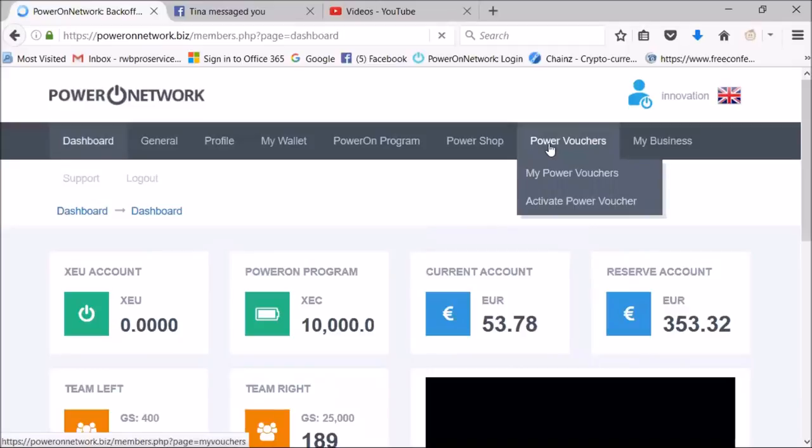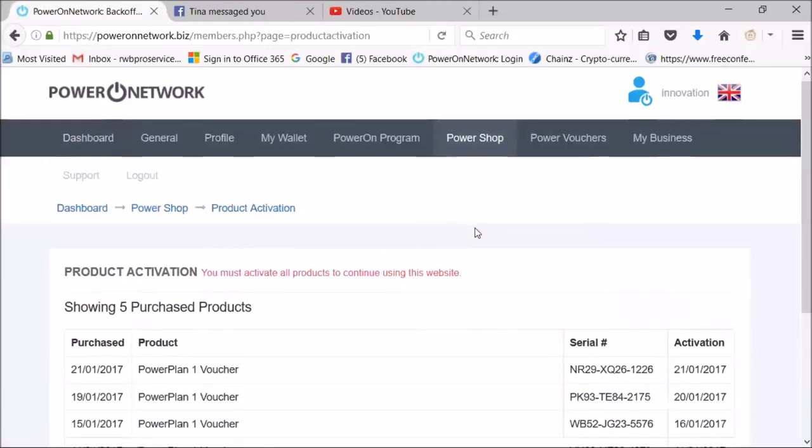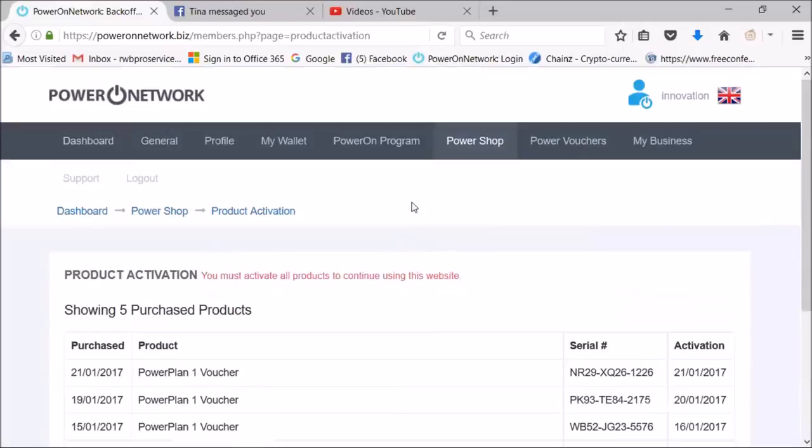Now, if you want a product activation, okay? So the product activation is when you want to activate a voucher. So if you want to see anytime that a voucher has been activated, this is where you would go to be able to see that, okay? Because once the